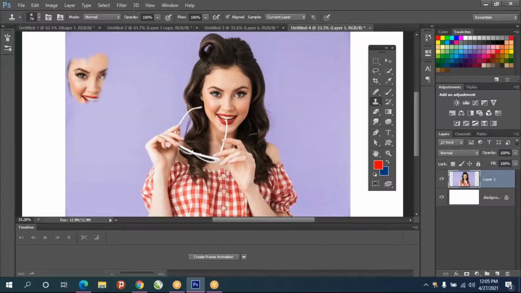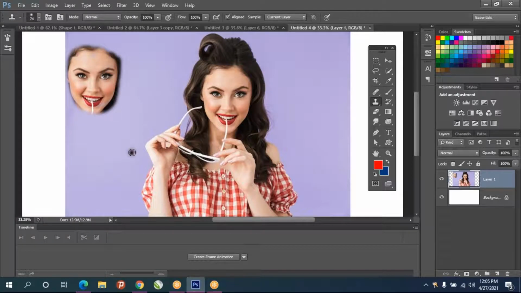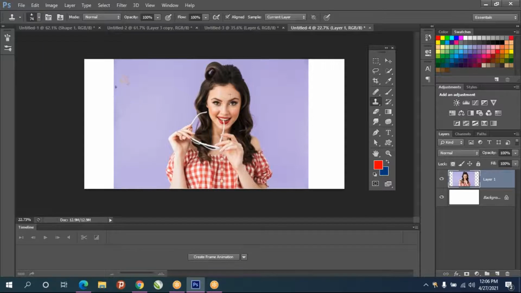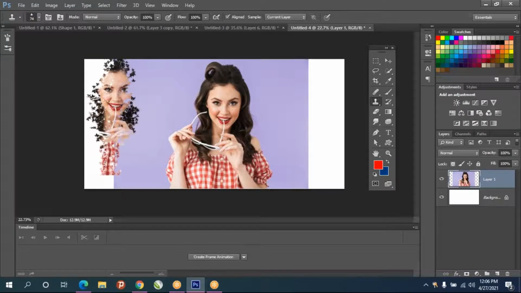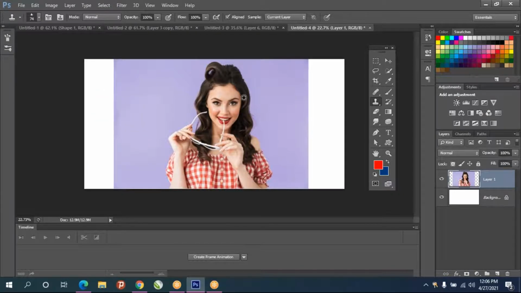Exactly like that will come. For the clone tool we also have different types of brush. So you can create a leaf also. Alt-click and create a leaf. So instead of using the eraser, you can use this tool also.